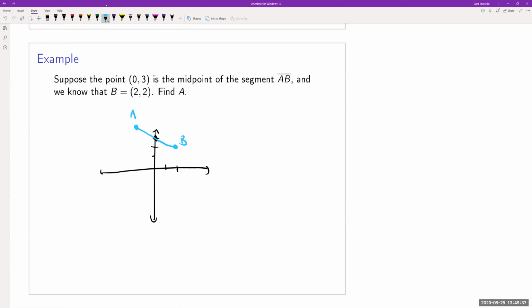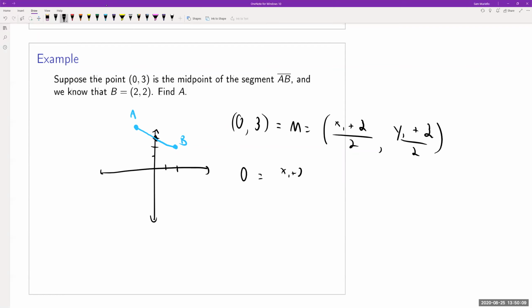Let's use the formula to solve this problem here. So I know that 0, comma 3 is the midpoint, which is equal to x1 plus 2 over 2 and y1 plus 2 over 2. In this case, I'm just simply looking to find the x and y coordinates for the point A. I can solve each of these as a separate problem. So 0 is equal to x1 plus 2 over 2,